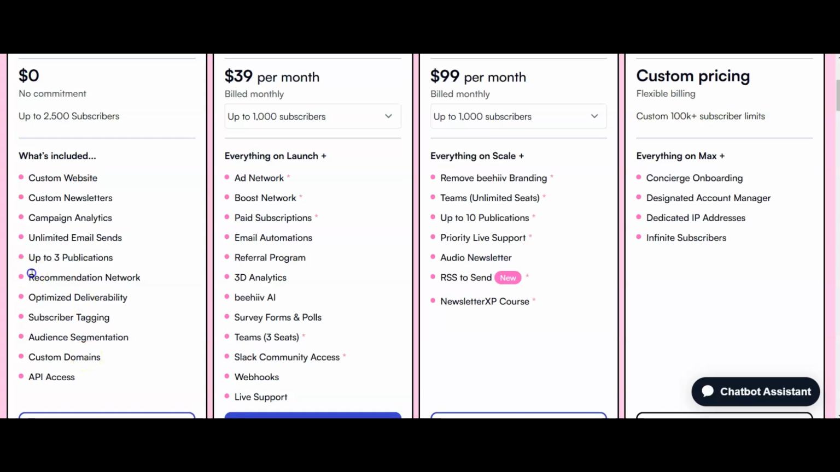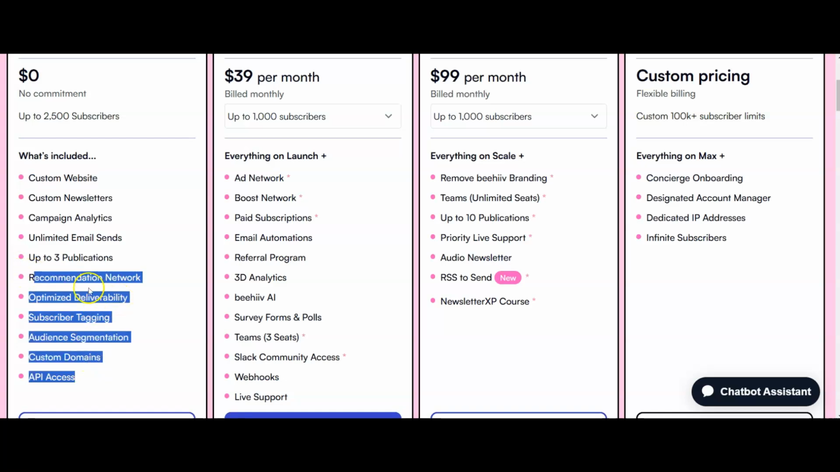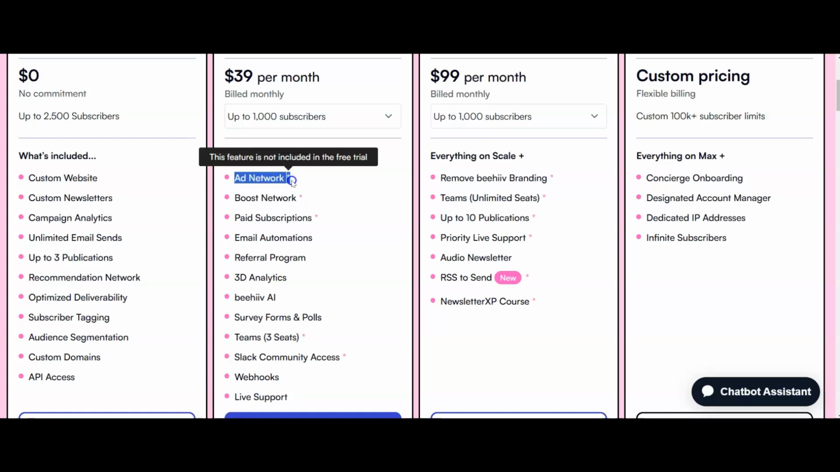But to be honest, this is all much more advanced, and it's not what you need right at the beginning. Now, if you do want to use the additional features like the ads network and the boost network, that's how you're going to get paid from ads and things like that. How you can get subscribers, you can pay for subscribers. If you want to have a paid newsletter, all these kind of things, then as you can see, it is